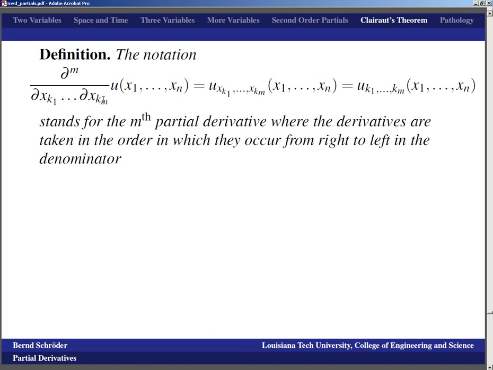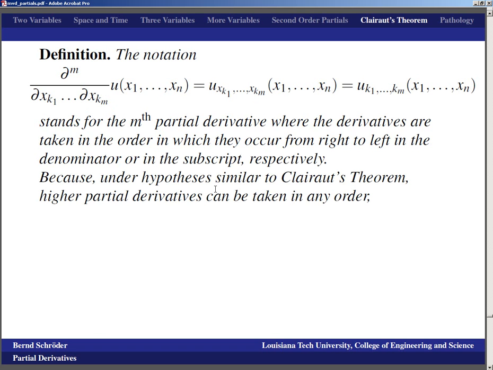So first you differentiate with respect to km, then with respect to km minus 1, and so on, and so on. And that's whether it's the denominator or the subscript, right? And because under hypotheses that are very similar to Clairaut's theorem, basically the mth order partial derivatives all have to exist and be continuous, then under these hypotheses, higher partial derivatives can be taken in any order, and that means